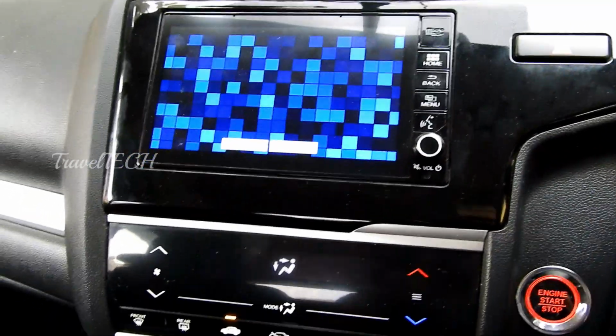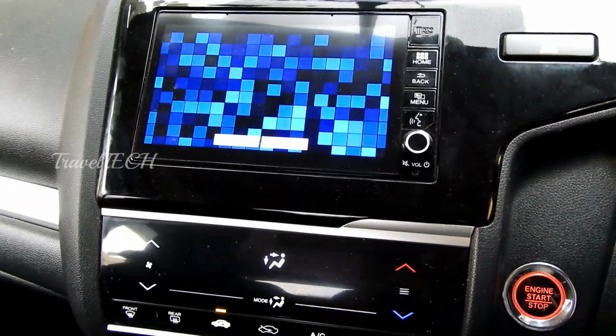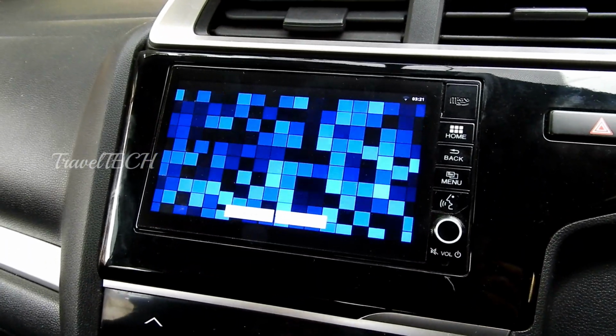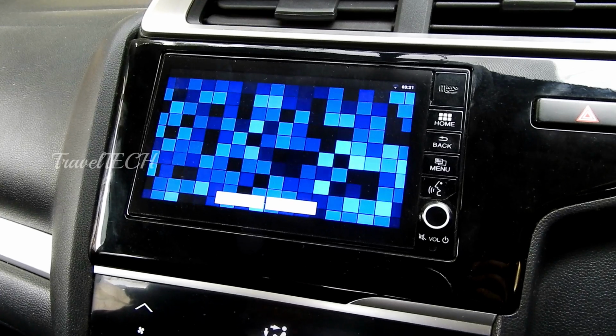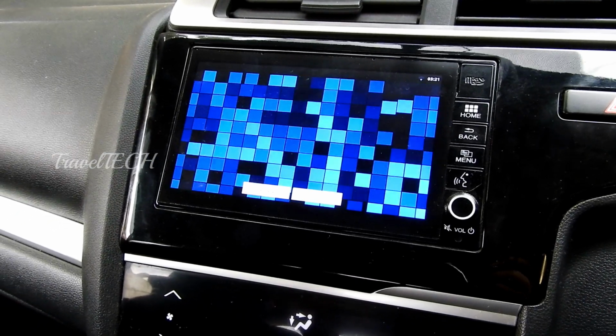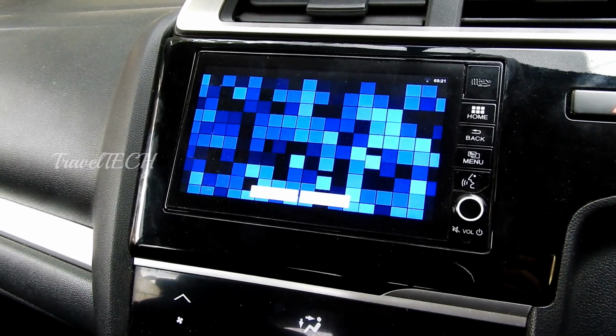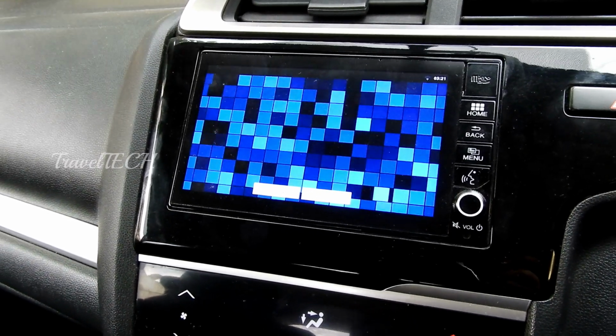So it is one of the finest live wallpapers which I have been using for some time now, and I was using it on my smartphone previously when I had my older smartphones, and somehow I was able to source the APK file of this, and I was able to bring it to the Digipad.